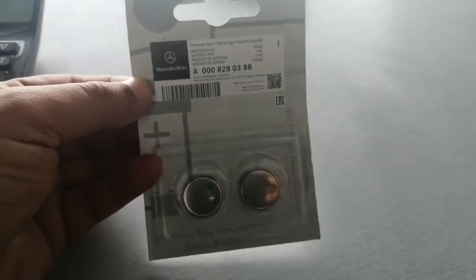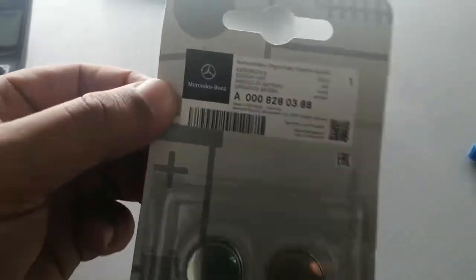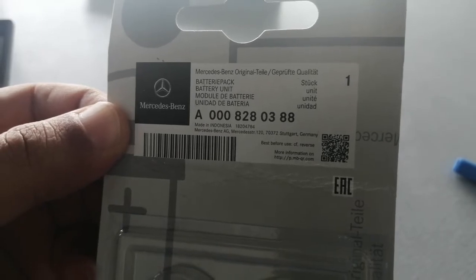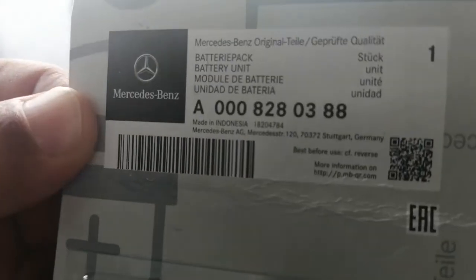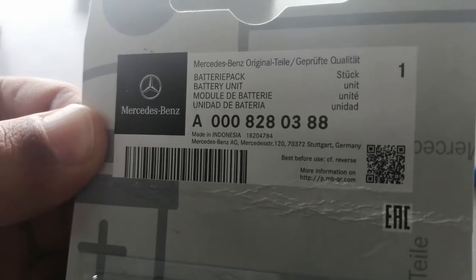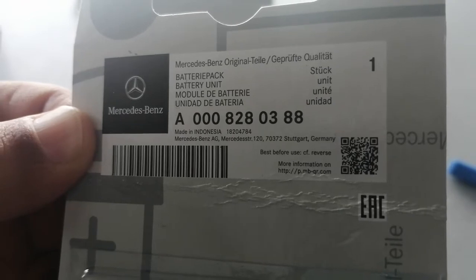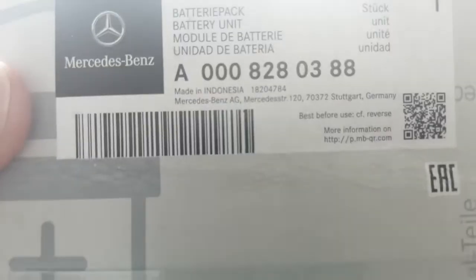This is the remote key battery, coming as a two-piece set. This is a Mercedes-Benz original, and it is also made in Indonesia and related to Mercedes-Benz, Stuttgart, Germany, and best before reserve. You can see all the details here, and there is also a barcode, and this one also has a barcode, and this is original